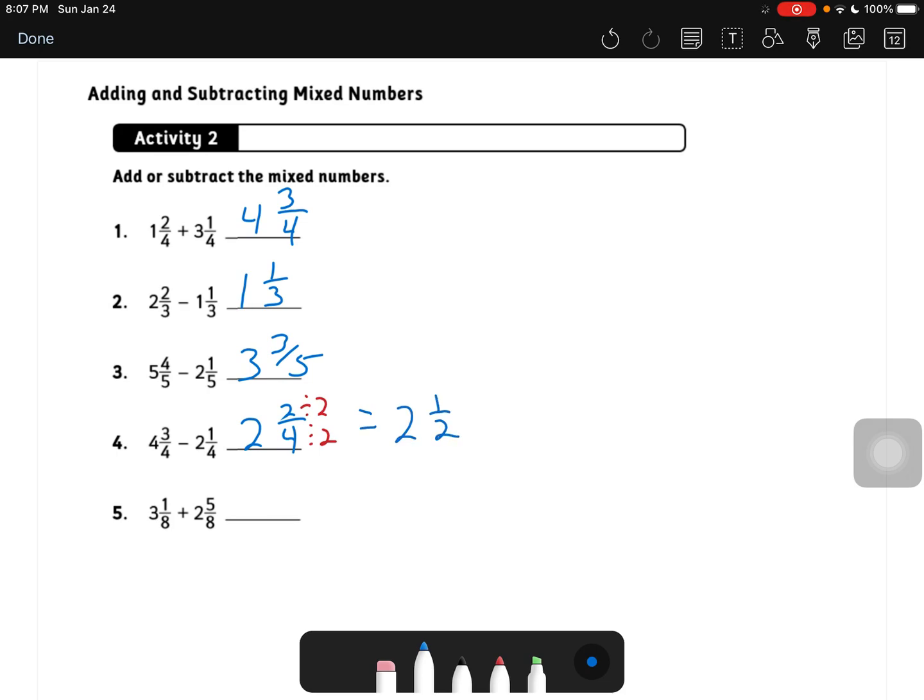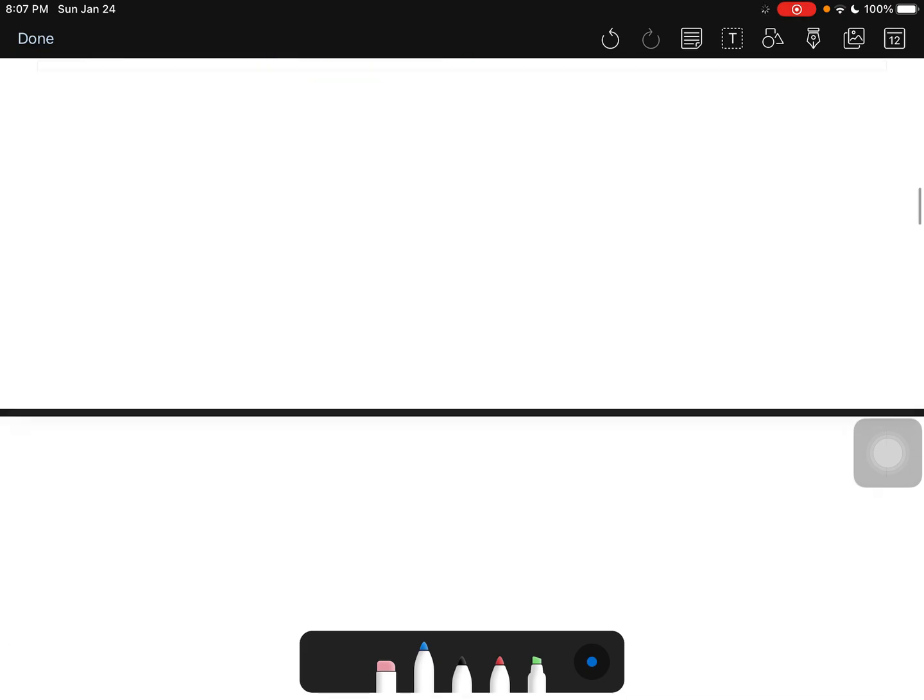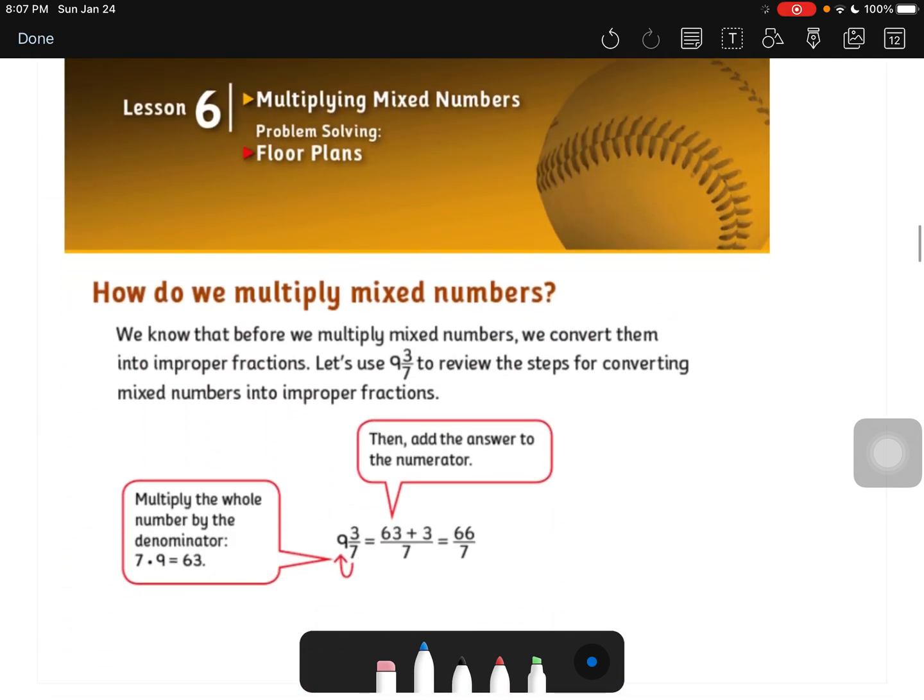And number 5, 3 1/8 plus 2 5/8, that would be 5 6/8. And again, I can divide by 2. And so for that one, I'm going to get 5 3/4. Okay. All right, so what we're going to concentrate on with our new skill is going to be multiplying